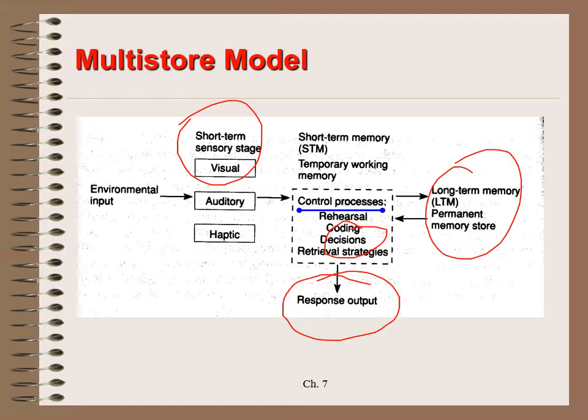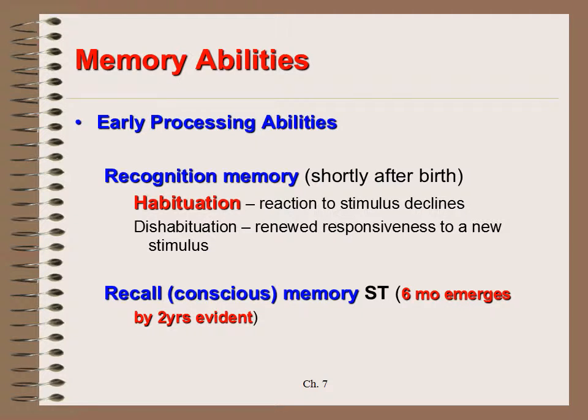That represents how we sometimes store things in long-term memory. Some of us just get a memory and we try to store it and we just throw it in there. There's no file cabinet, there's no rehearsal, there's no coding that takes place, and so our decisions and our retrieval of that memory have the potential to be interfered with and disrupted by other types of memory. So therefore our motor response, or our response output, is going to be affected by that. So that's the example that I give to my students concerning that model of how we are able